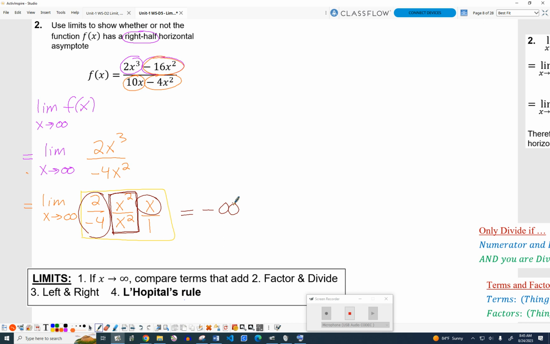Talk to me, you good? Just making sure. I tend to watch everyone's face just for any sort of confusion. So the only reason that it's going to infinity is that x is by itself, so just keep on multiplying. That is correct. The x squared divided by the x squared,